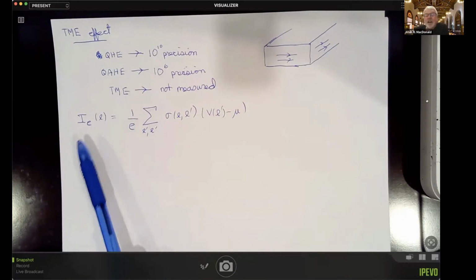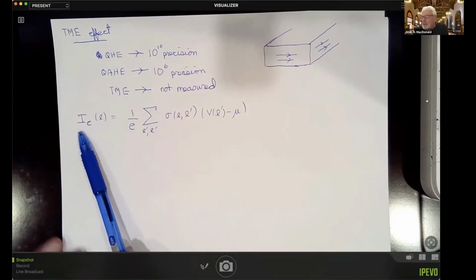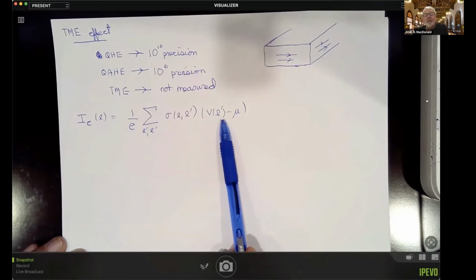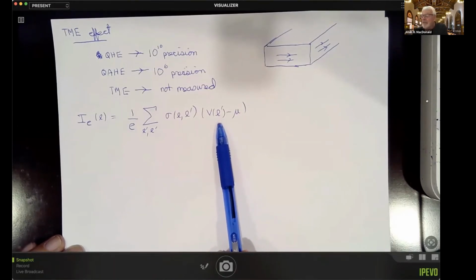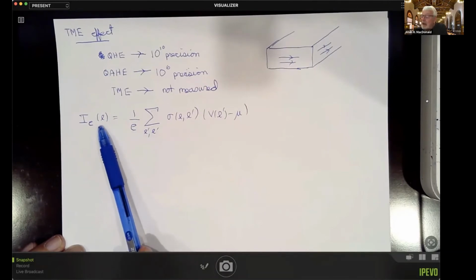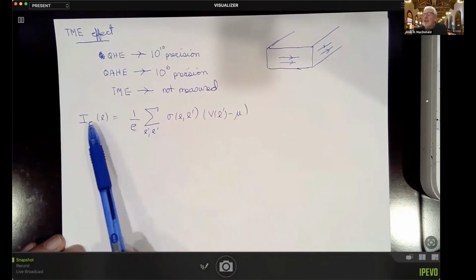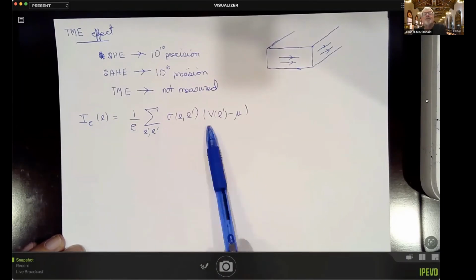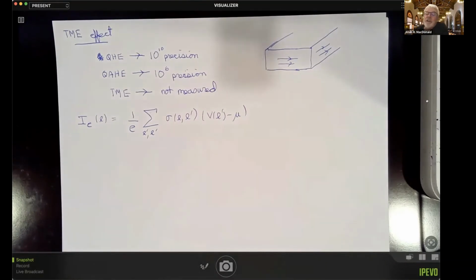So I can make a non-local version of the expression I gave you before, in which I allow the electric potential in the bulk to vary from layer to layer in some arbitrary way, and I measure the current in each layer. So this is some sort of non-local sidewall current conductivity, and the expression for this is just a layer resolved version of the bulk Hall conductivity that I derived painfully at the beginning of the lecture.